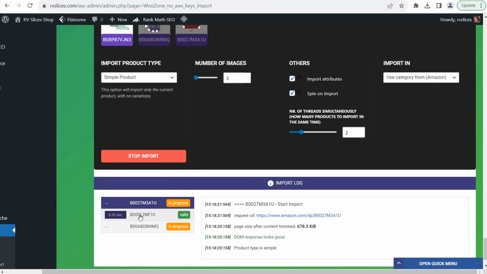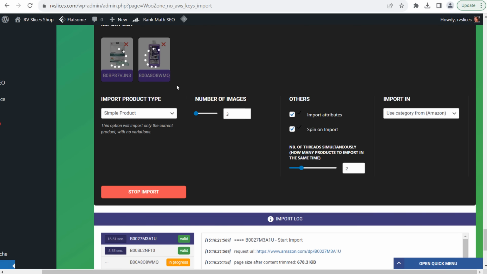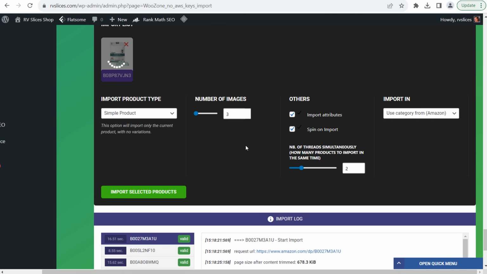Okay, so our first product was imported in 8.55 seconds. This can take up to a minute per product, so this can be a slow process sometimes. And sometimes what I'll do is add products in the background while I'm working on other things. So pick a couple categories for the day and then try to add those products. But you'll see 8 seconds for this one, 16 for this one, 16 for this one. So not too bad. I've had times where I've added products using WooZone where it's basically instant and I've been able to just really quickly add